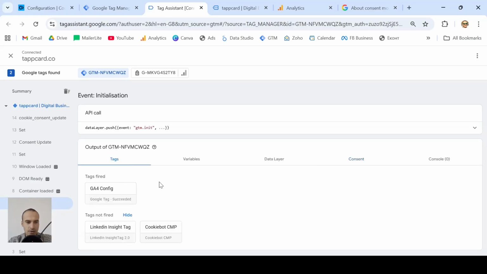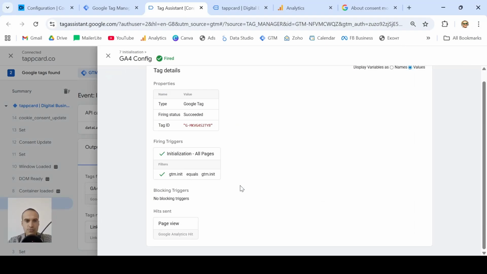However, our Google Analytics 4 tag is still firing, and it's still firing because we use advanced consent mode and not the basic one. So how do we make sure we don't actually send identifiable information to Google when the user is not